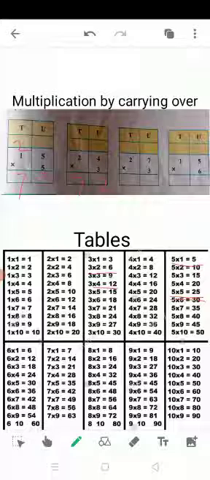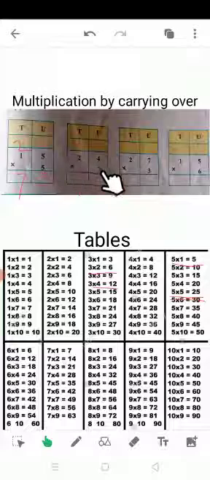Everybody understood? I repeat again. The sum is 24 multiplied by 3. I use the table of 3 for solving this sum. On the unit side, 4 units multiplied by 3. I read the table of 3 till 4. The answer has come 12. I split this 12, I remove 1 ten and carry 1 over to the 10 side, and the remaining 2 units I write on the unit column.